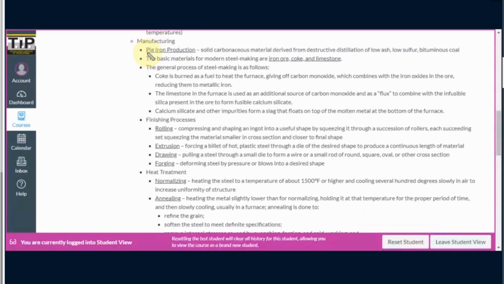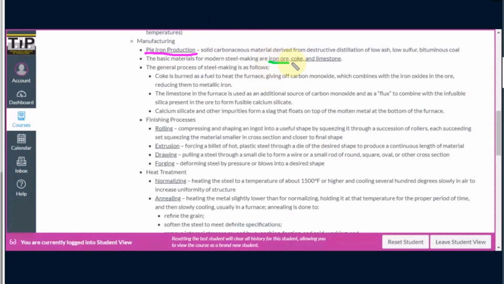So the basic materials for modern steel making are iron ore, coke, and limestone. So these three. Okay, so iron ore, you mine this one. Same thing with the coke. So this one is where the carbon comes from. And we have the limestone. Okay, so what is the general process for the